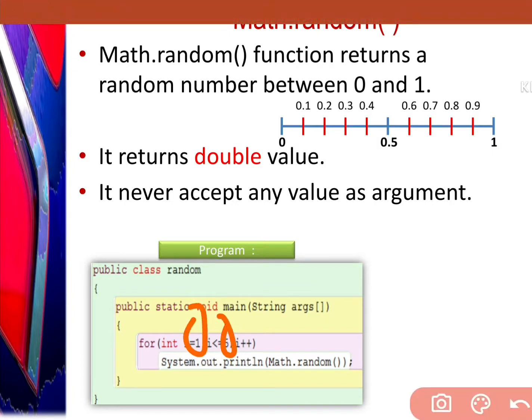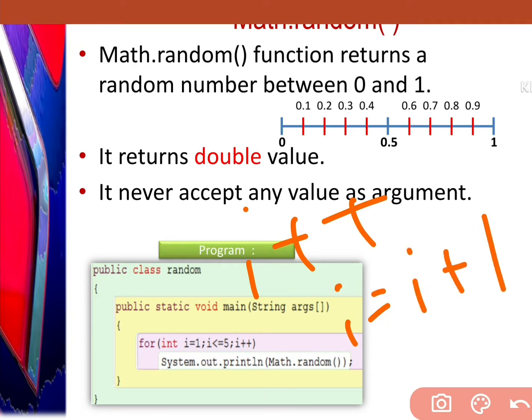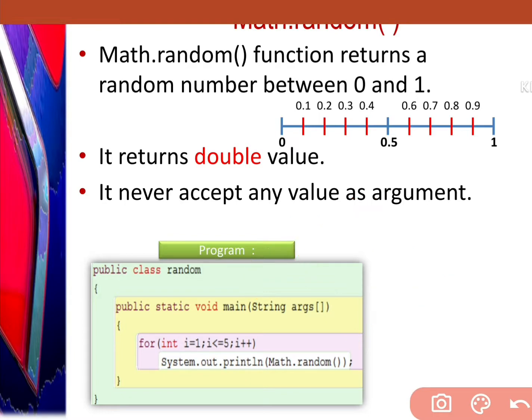Starting from 1 I'm going to count till 5. One by one I'm going to count. i++ means i equals i plus 1, means you are moving one by one ahead. First sit-up means 1, then second sit-up 2, 3, 4, till 10 you have to do sit-ups. In this way the loop is moving 1 2 3 4 till 5 times. But what we are doing with the loop, we are displaying the value which is provided by Math.random. We are displaying that value one by one,